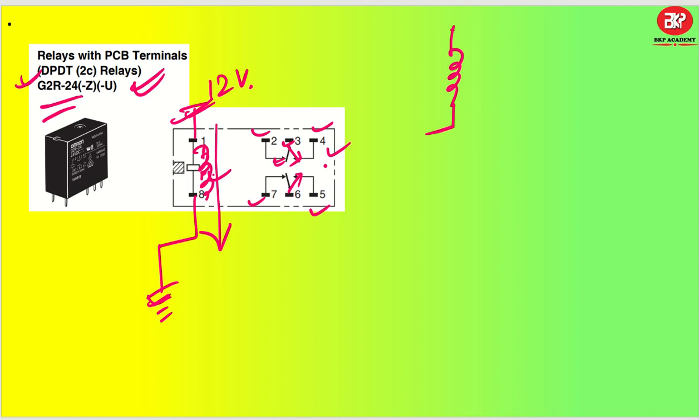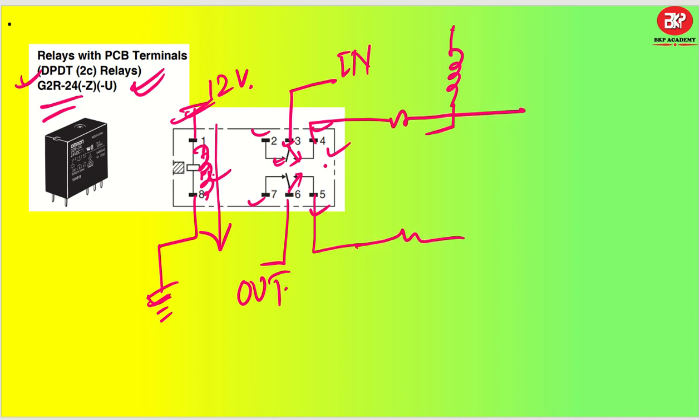So what is the advantage of this? The advantage is, let us say it is connected to some input signal. Okay. And it is connected to some output signal. Okay. And this is connected to, let us say, something like this. So what is going to happen? This input signal will get connected through pin number 3 and it will go to pin number 4, and this path will go to, let us say this is my R1, this is my R2. I'm just giving an example. It can be anything. It can be a line or some other applications.